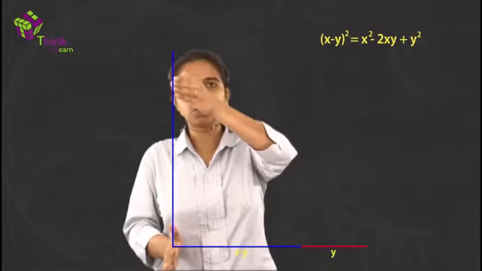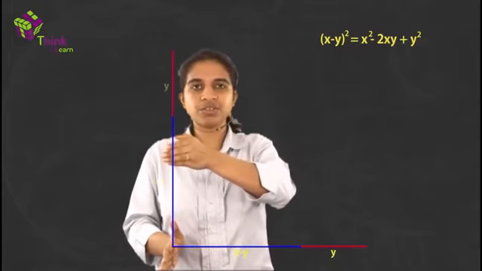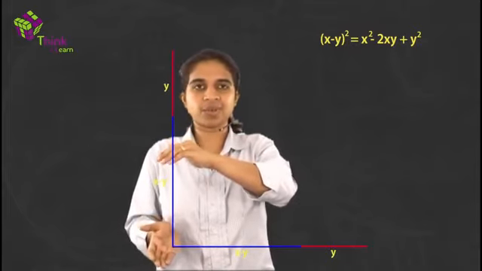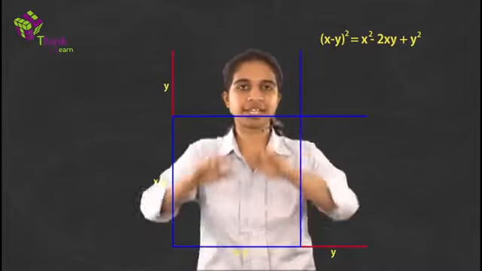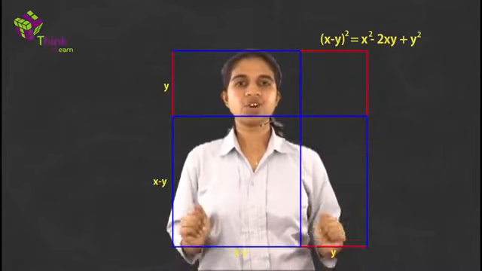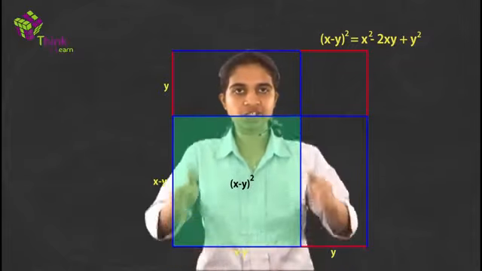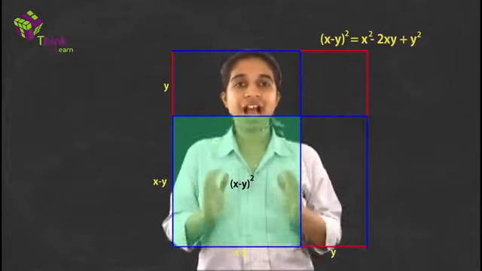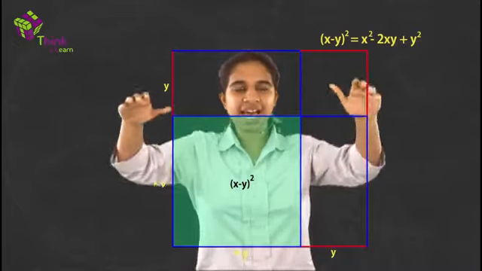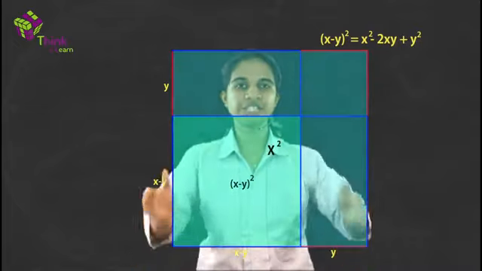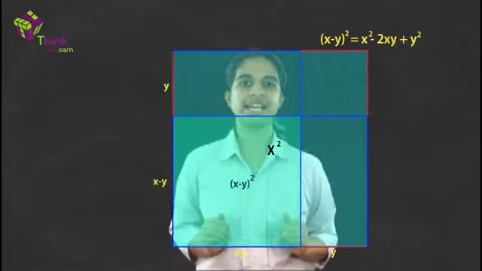Similarly, here I'll take this whole thing as x and I'll subtract y units. So this part I'm left with is x minus y. I draw this line and I draw this line, get this square, correct? The question is x minus y the whole square, that is this region alone. This region alone, right? x minus y the whole square. How will I get this region? Take the larger region. What is the large region? x square, right? It's a square of side x.